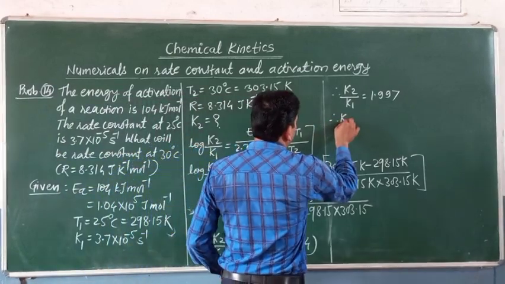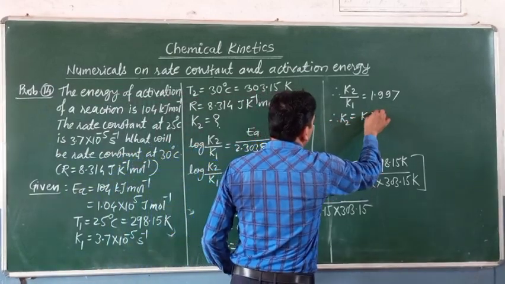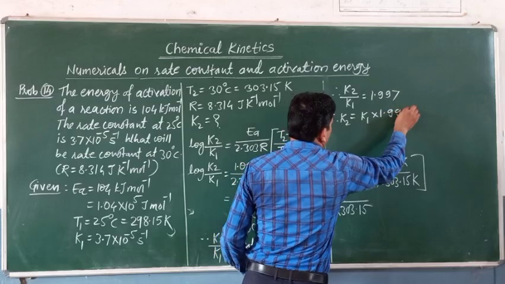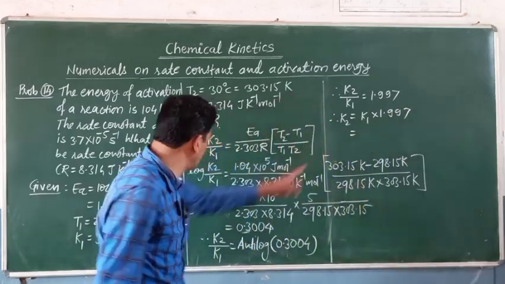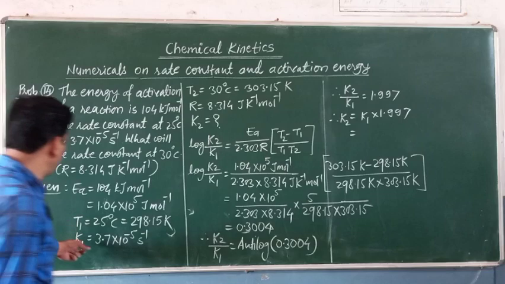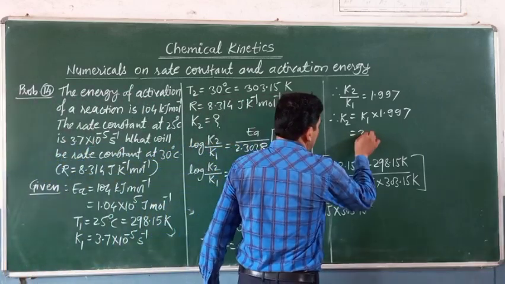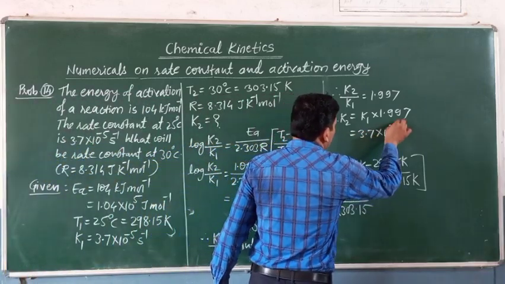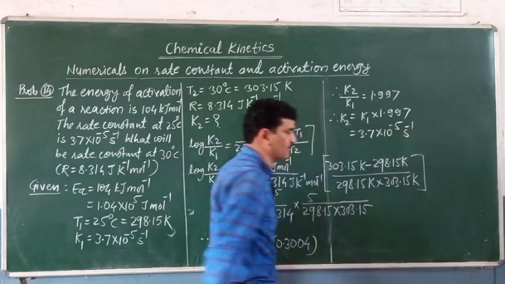Therefore K2 equal to K1 into 1.997. Now here we can put the given value, K1 is already known, 3.7 into 10 raised to the power minus 5 per second,